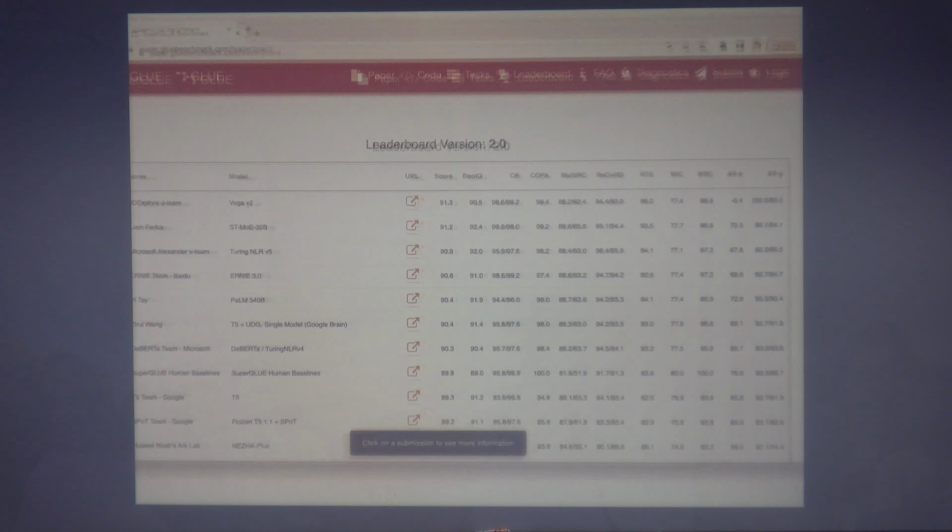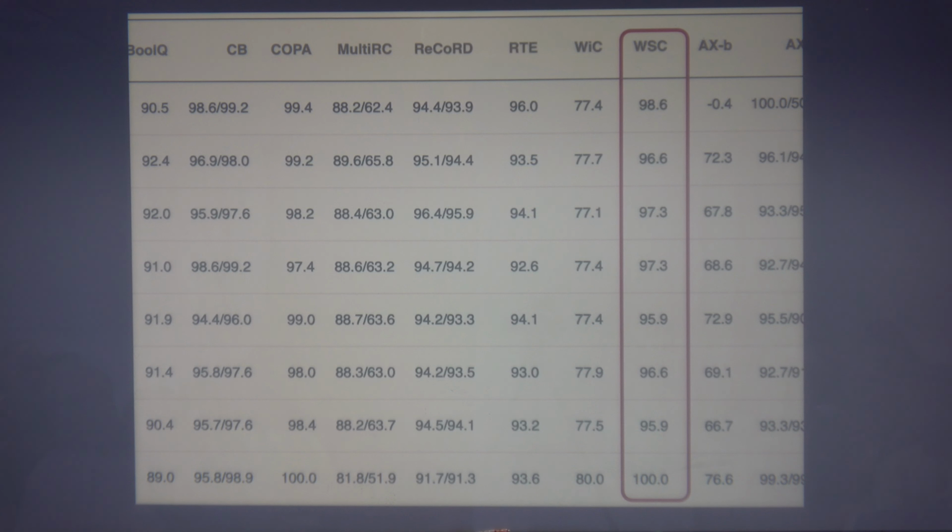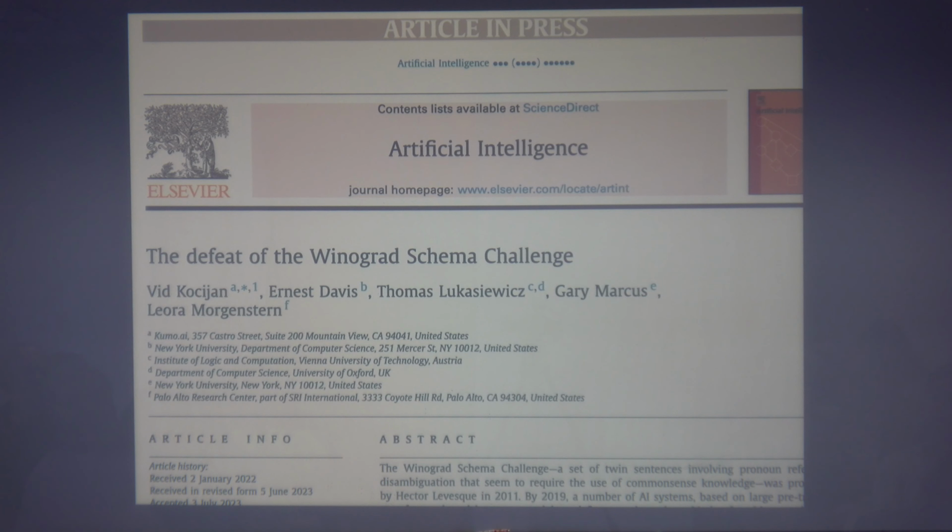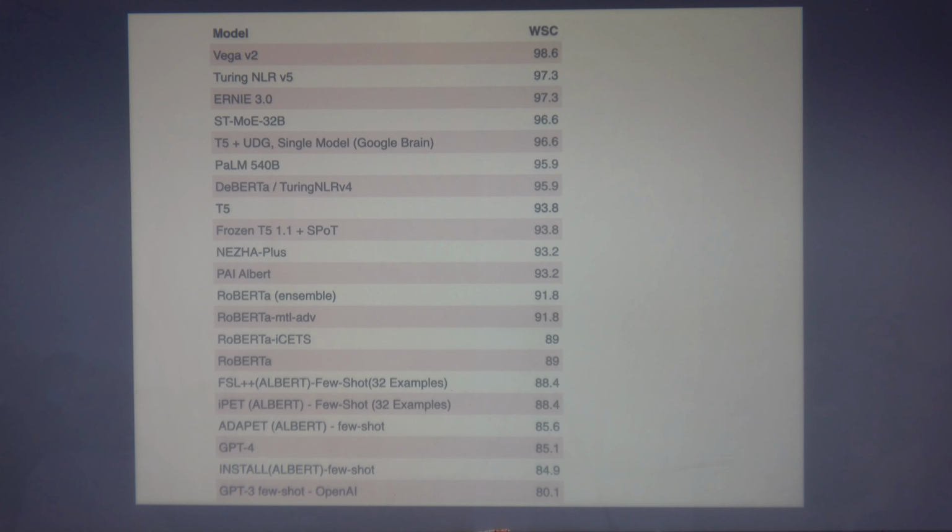One thing to point out is, oh man, some of these models are doing really well, right? Close to 100% correct. So you get articles like The Defeat of the Winograd Schema Challenge by Ernie Davis and Gary Marcus and others. And they concluded that maybe the Winograd Schema Challenge was actually easier to beat without really being intelligent. You could have concluded that, okay, LLMs are intelligent. That's not what they conclude. They conclude maybe it just wasn't that hard after all. Obviously, since I'm here giving this talk, it's probably not the conclusion I'm going to come to.